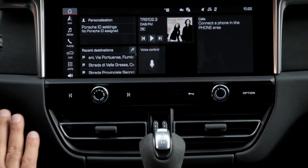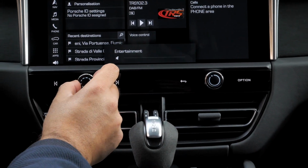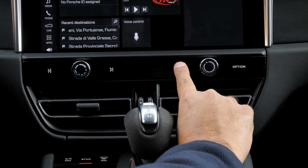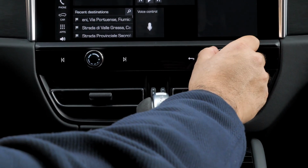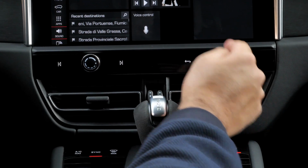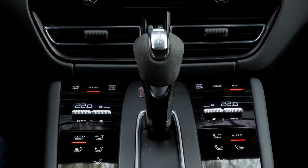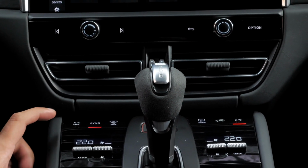As we move further down, we have some hotkey buttons, some shortcut buttons to go left and right to jump between the different stations, for example. A nice knurled finish on the rotary dial for the volume control, which is really nice to see. Even these buttons here have a nice haptic and audio feedback, so I like this. It's not just touch, but there are definitely actual physical buttons and haptic feedback. And also, if you don't want to use the touchscreen while driving, you can use this knob here, for example, to navigate between the different options. So again, very useful. A lot of connected car tech, including a new telemetry app, which is pretty useful for the racetrack. Further down here, we have the gear lever, and again, more haptic